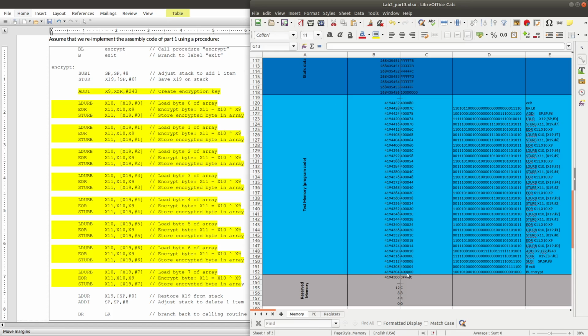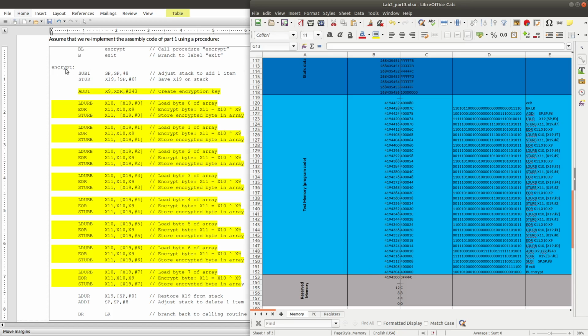Here we know that the program should start at 40000, and so here we have the first instruction BL encrypt located at address 40000, and the next instruction, the branch to exit from our program, is located at the next address. Since one instruction takes 4 bytes, the next address will be 40004 for the branch to exit.